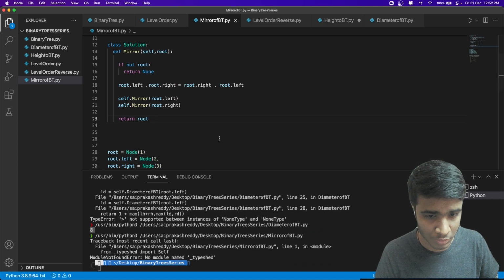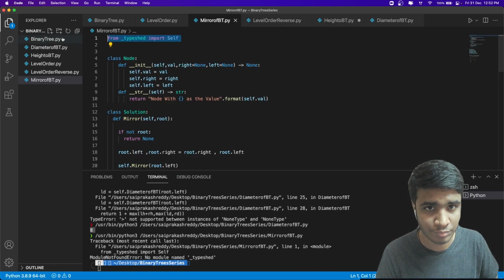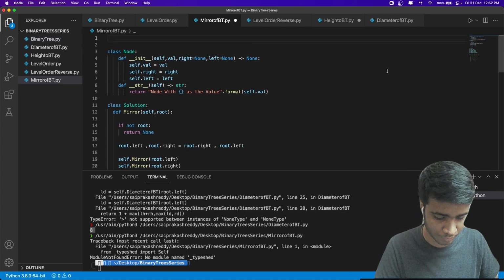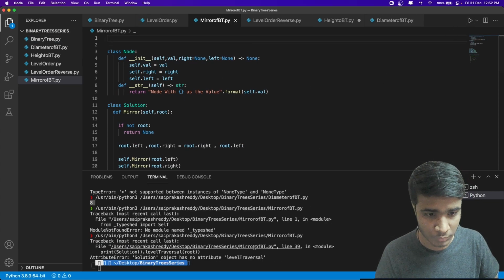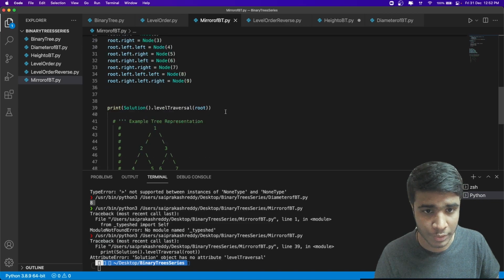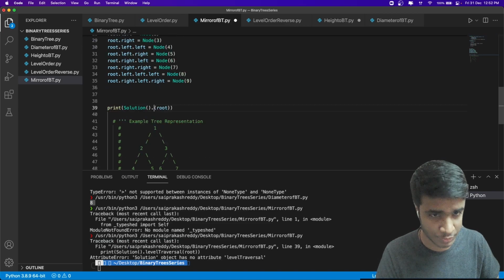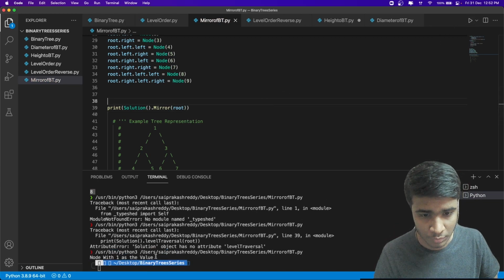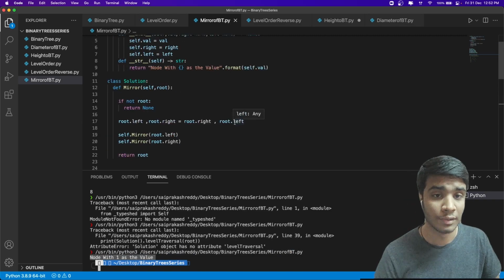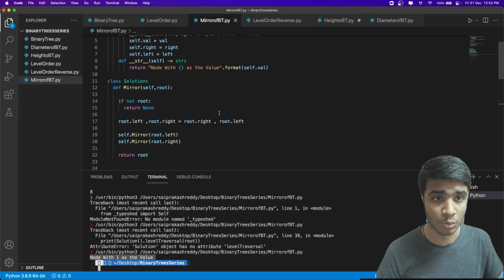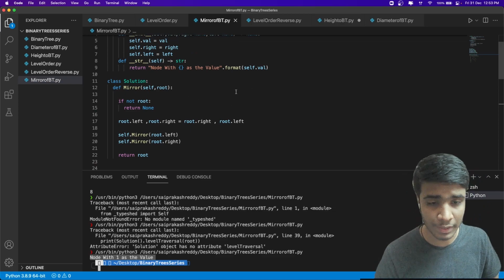Sorry, I did a typo here. Solution has no level. Okay, I have to change this. So the node is going to be this value. Since we did it in our local, we cannot visualize it entirely.